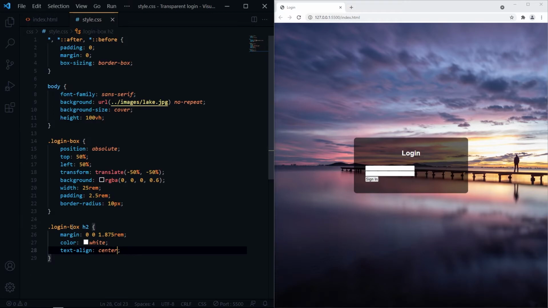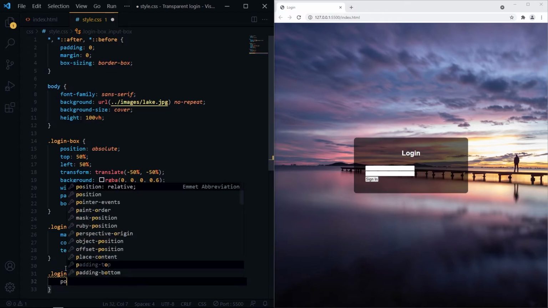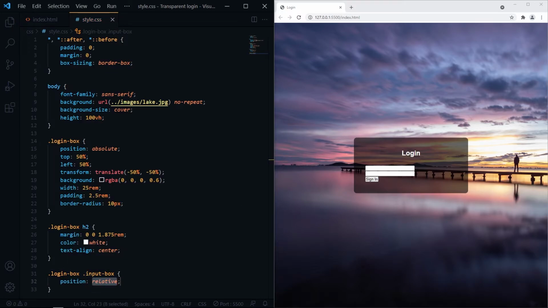And for input box, first I will give position relative, because we need to give position absolute for our label with respect to the input box.